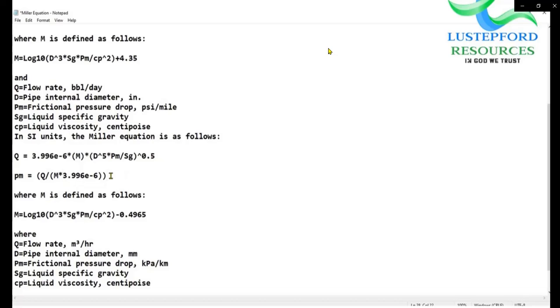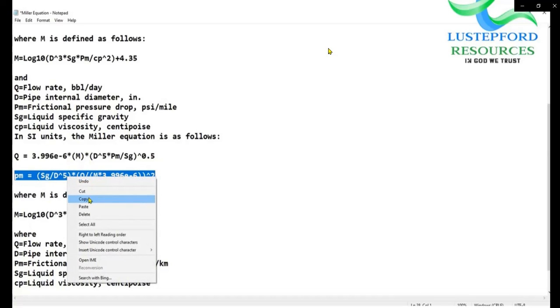So now I'm going to say raised to power 2. We'll go to the front, brackets open and close, then times, we go into the brackets, we say specific gravity divided by internal diameter raised to power 5. So this is the equation for pressure drop. I haven't rearranged the flow rate equation, so I need to copy it to that. So I'll paste it inside the SI unit